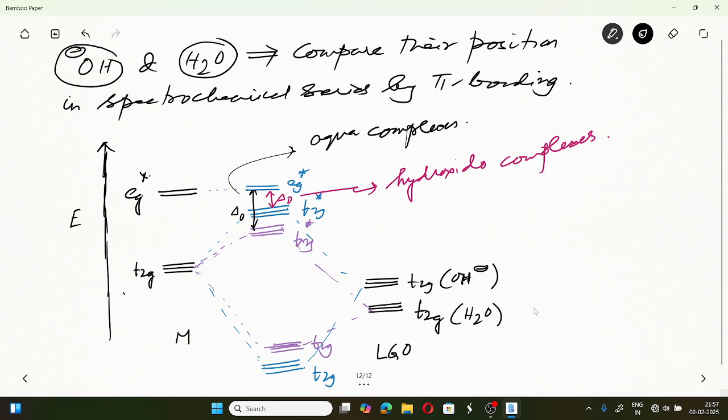তাহলে আমরা কি বলছি? It is due to, তাহলে আমাদের বলতে হবে এখানে কি? It is due to greater extent of pi bonding. Please write down: it is due to greater extent of pi bonding in the hydroxido complexes, that the del O value, but that the T2G star MO will be energized to a greater extent,